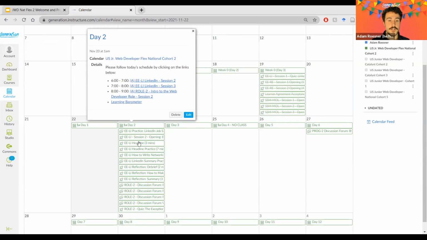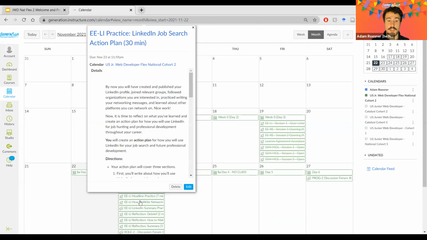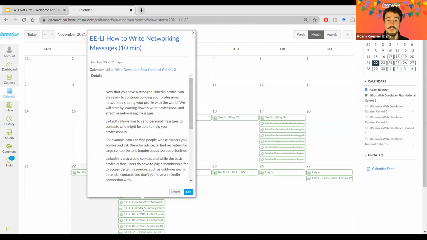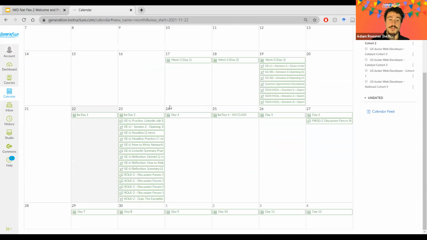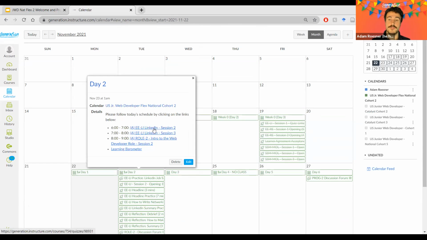But you'll notice there are a bunch of other boxes here. These other boxes represent the various different things that you can submit on any given day. The reason why those boxes populate like this is not because I want you to go through and click on each one individually and work your way this way. They just represent things that you are going to encounter as you progress through your assignments. So the way I want you to access your assignments is always come to your calendar to find them.